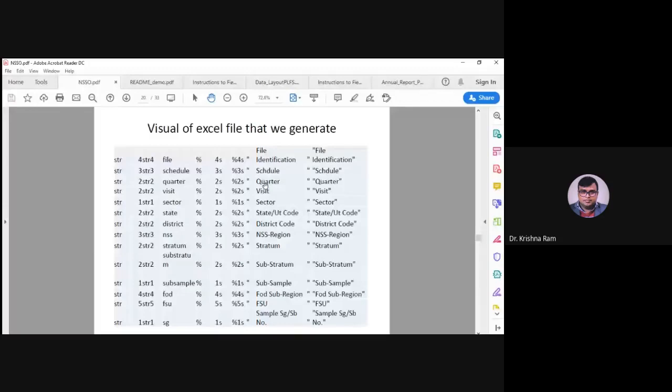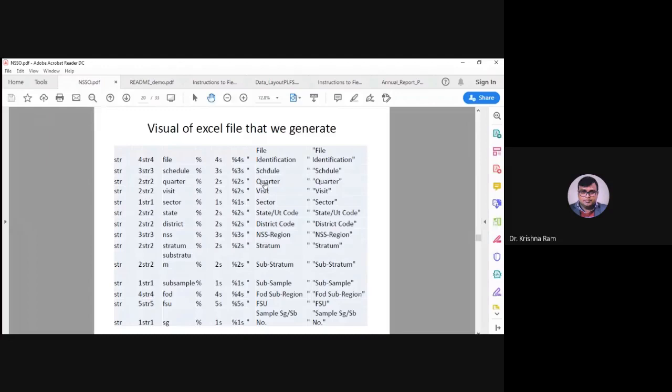Look here: in the first column you have only str letters. You type str and scroll down, and you get str in all rows. Then the second column has numbers like 4, 3, 2, 2, 1, and this is the field length